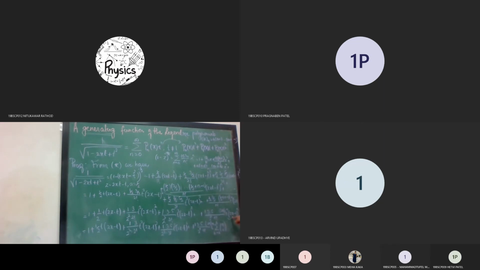nCk, और 2x जो है वो आपका क्या है? Let us consider it as a and this as b. So you can see b is with the minus sign. So I will have the factor minus 1 raised to k, 2x raised to n minus k into t raised to k. ये समझ में आया ना स्टेप सबको? And the last one, plus up to plus. This is the infinite series. Yes, ma'am. Very good.